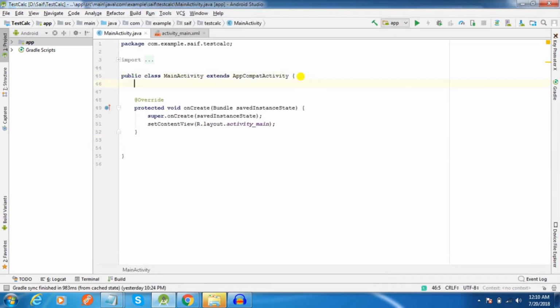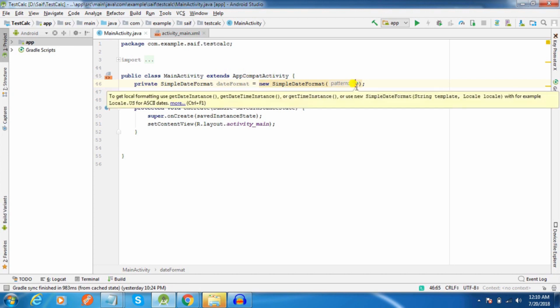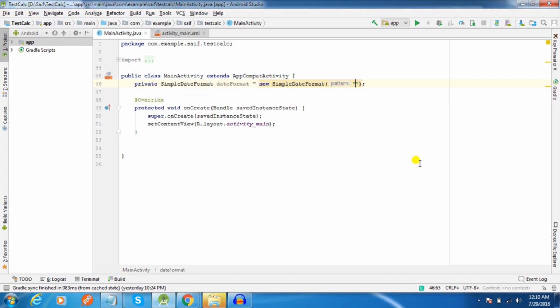Now to test it, if I type sdf, you can see the template is ready. I press enter. The cursor is automatically moved to the position where I can give the value. Let's say dd mm y. Now let's say I want this value as a default value for this live template.